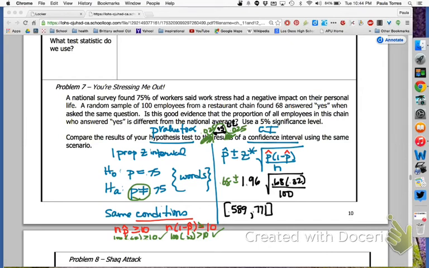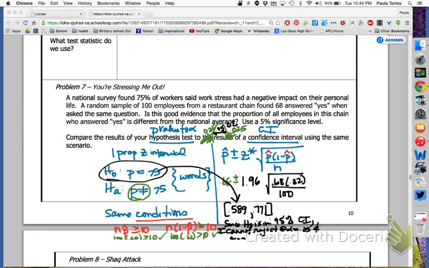And then of course I'll be deciding based off of whether or not my null hypothesis value lives in my interval? And the answer is yes. So since H0 is in the 95% confidence interval, I cannot reject at alpha equals 0.05 and conclude that the proportion of all employees